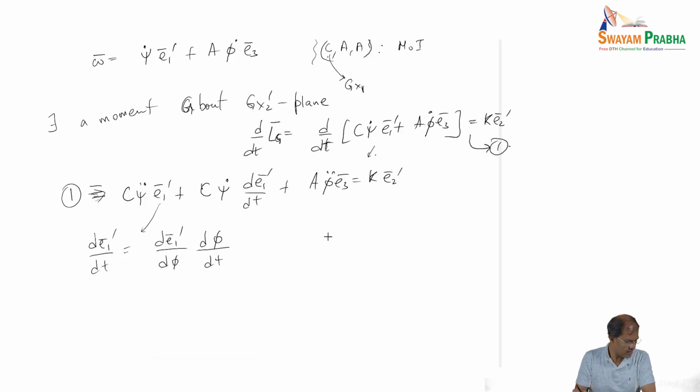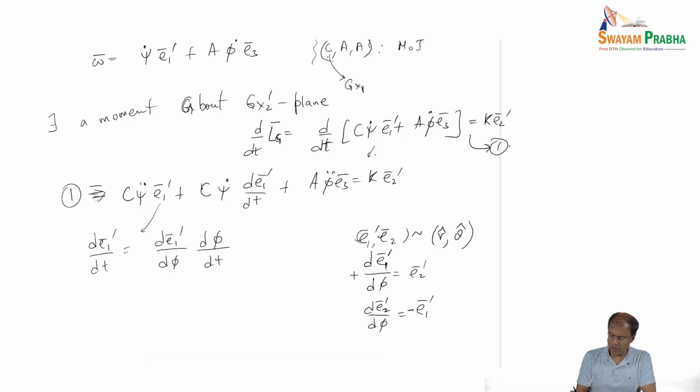So notice that our E1 prime and E2 prime, the moving axes, are quite analogous to r hat and theta hat in polar axes, right? Which means that the following results hold for the derivative. dE1 prime/d phi is equal to E2 prime, and dE2 prime/d phi is E1 prime with a minus sign. Okay, so if we use all this information in this equation 1, we are going to get that,